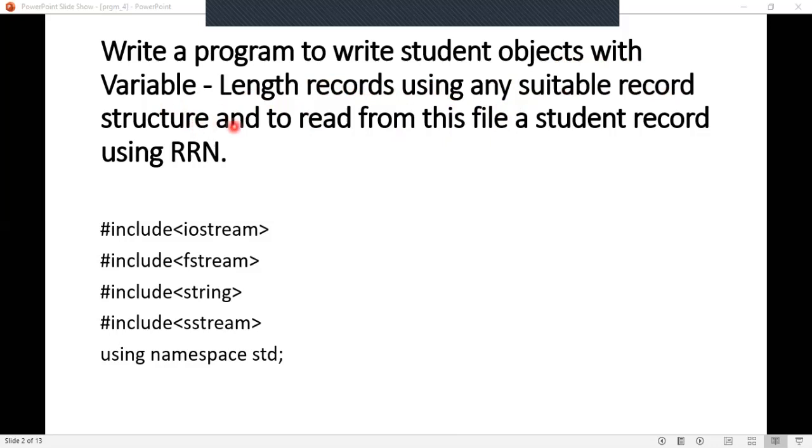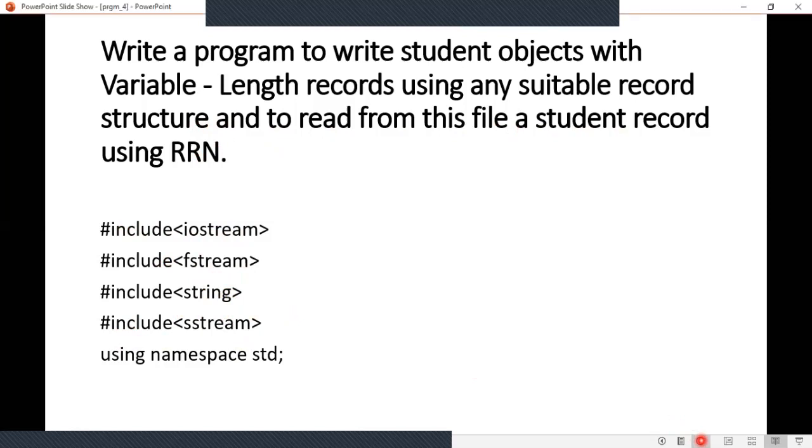Okay, and to read from this file a student record using RRN, that is using the relative record number, you have to read the student record. Okay, the header files required are iostream, fstream, string, and using namespace std.